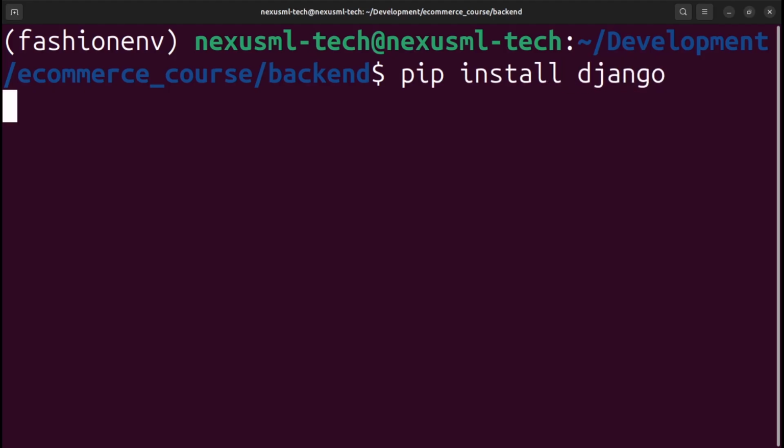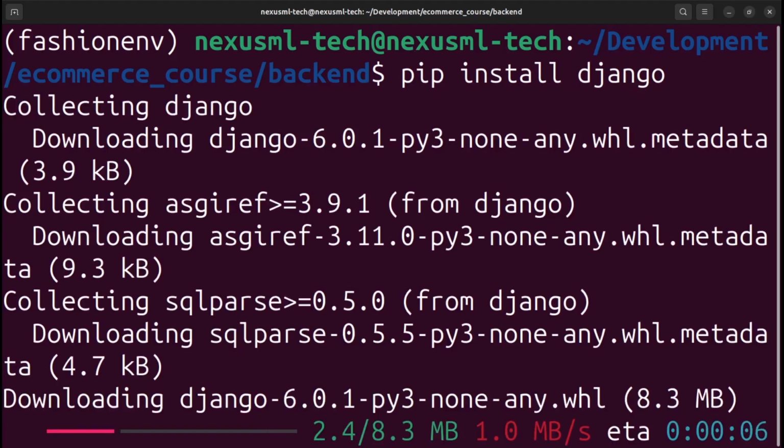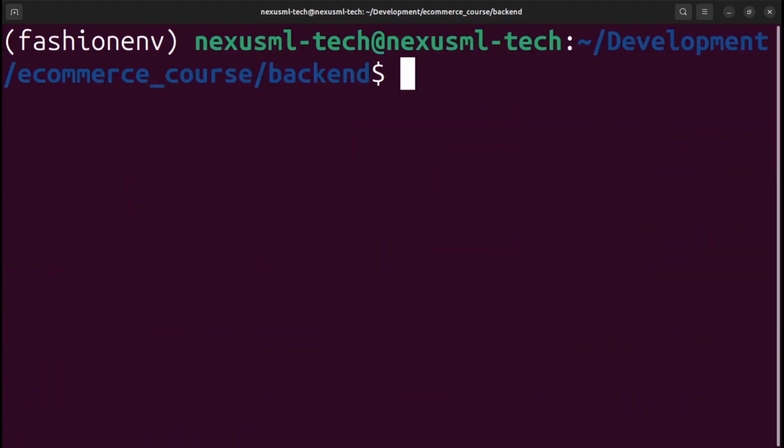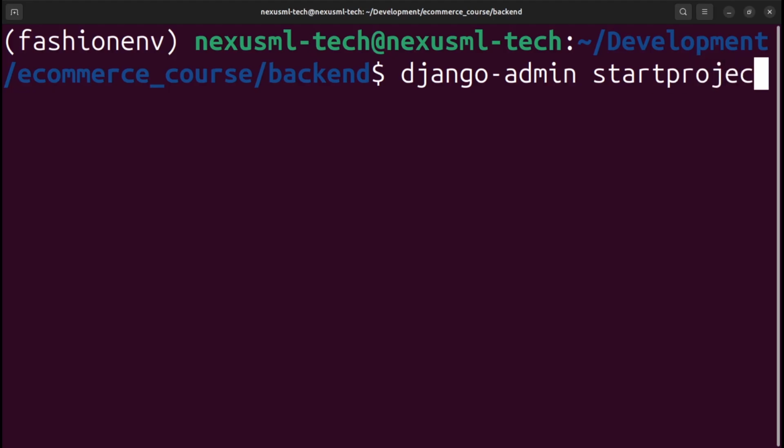Okay, so let us wait for it to install, and then we're gonna go to the next part. So as you can see, we have installed Django, so now we need to say django-admin startproject. This is our project,